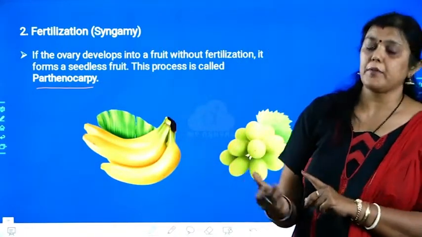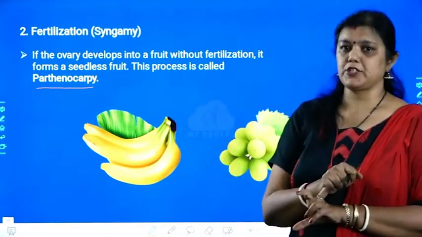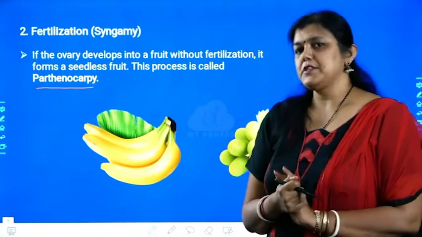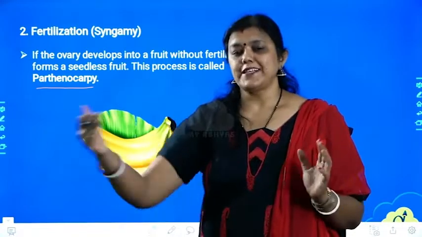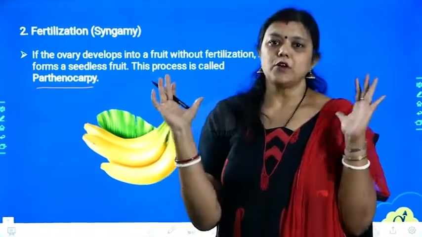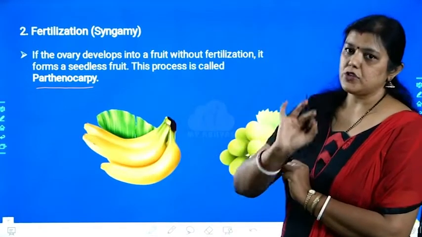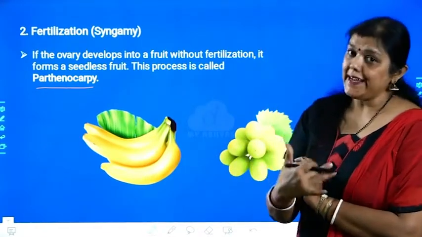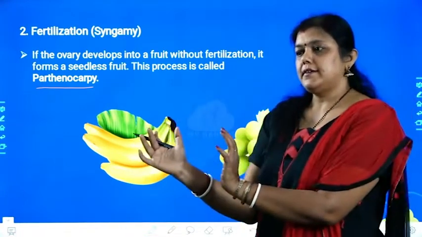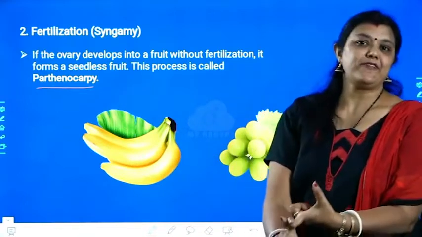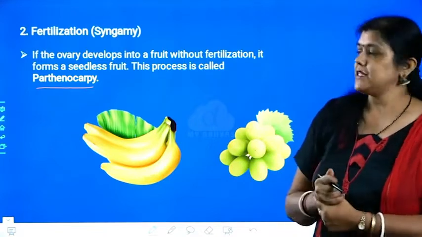That is when we'll be talking about sexual reproduction in flowering plants, as well as in human reproduction also. I'll be explaining this process again. As I told you, the first chapter is a common introduction of the next few chapters. That is why we are discussing all these together. So what is fertilization? Fertilization is a fusion of a male and a female gamete, and if an egg or an ovary develops into a new individual without any fertilization, then that is called parthenogenesis, and that process is called parthenocarpy.